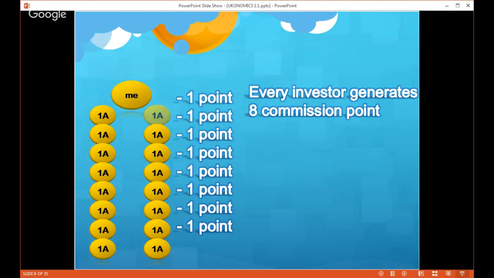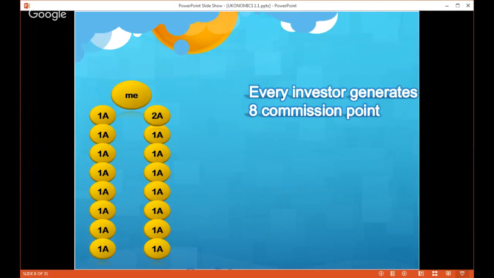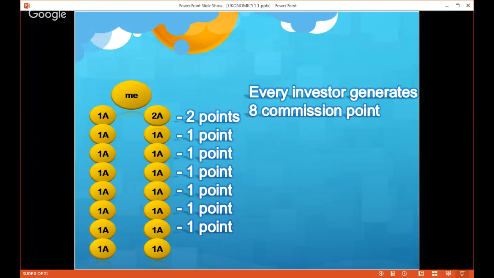So here's what happens. To move up the ranks, you have to become a 6A. If this person moves up the rank and has 3 investors, what essentially happens is that he gets 2 points. Starting from the bottom up, 1 point gets paid out to each person, and since your top person is a 2A, he gets 2 points. Okay? Now, if this top person becomes a 3A, he gets 3 points. It starts from the bottom up, 1 point each, and he gets the last 3 points.